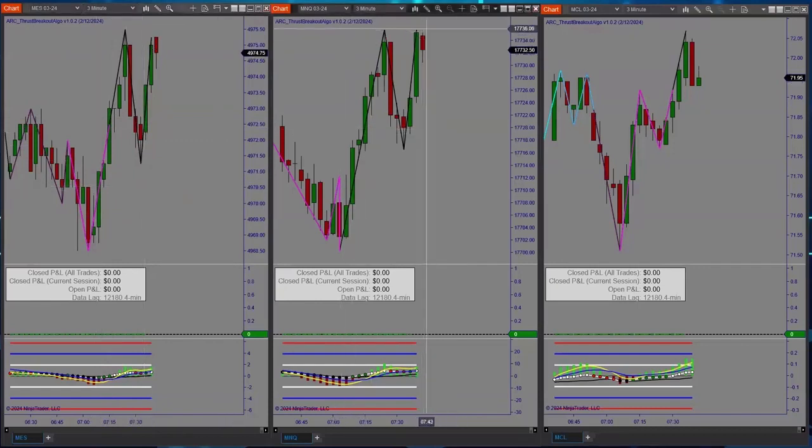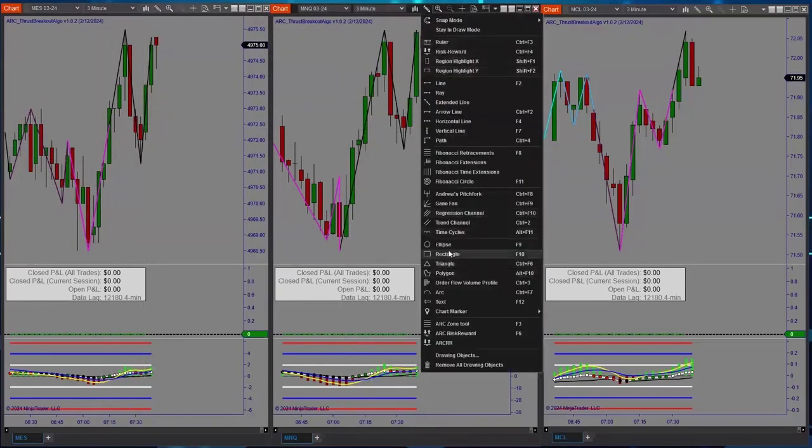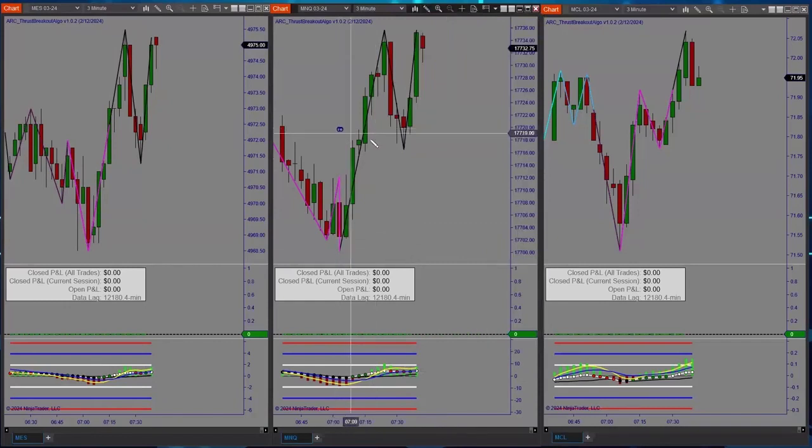Another example would be right here on MNQ. If we just grab a rectangle and draw a zone around the rally base rally, there's the example again here of a great breakout opportunity going long right here with structure coming out of a low. We've got a breakout here. Most traders again are trading here, and there's nothing wrong with that except for the fact that we've already made money on the trade. We're already moving on. So that's what the algo does. Let's see it in action.